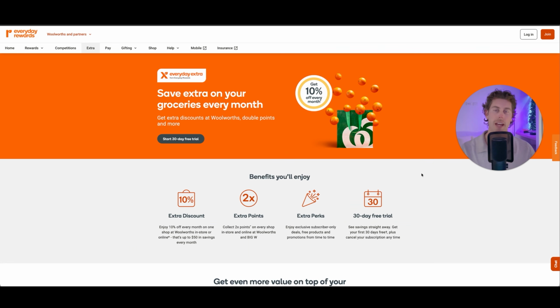But we can double that earn rate and unlock twice the amount of Everyday Rewards points when we join Woolworths Everyday Rewards Extra. When we're an Everyday Rewards Extra member, we are going to get twice as many Everyday Rewards points every time we scan our card. This means instead of earning half of a Qantas point for every dollar that we spend, we are going to earn 1 whole Qantas point for every dollar that we spend. If we spend $500 here because we got that $500 gift card, we will then earn an additional 500 Qantas points. This means in total from our $500 spend, we have unlocked